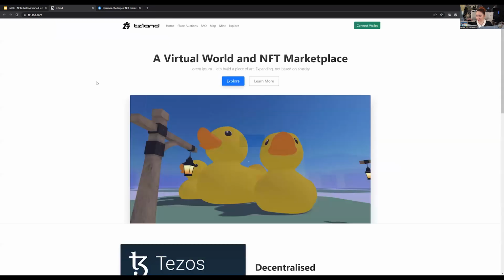I'm just going to pop it up in here. I'm hoping that the law of demos is on my side today, and that this goes smoothly. Okay, so once we're here, we'll click Explore to actually go into the marketplace. I'm going to turn off my camera just temporarily because this is a virtual world, so it may slow things down, and I think turning off the camera will help.